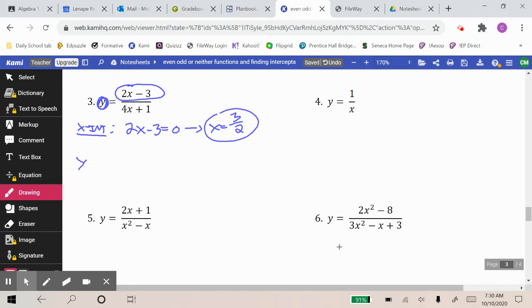For the y-intercept, you're going to plug in 0 for x. And what's really going to happen is these kind of go away, and you're just left with this. It's kind of the shortcut of how to do it. You're going to be left with negative 3 over 1. So that y value is negative 3. At the top, you would have 2 times 0 minus 3, which is negative 3. The bottom, you would have 4 times 0 plus 1, which is 1. So negative 3 over 1 is negative 3. Okay, 4,